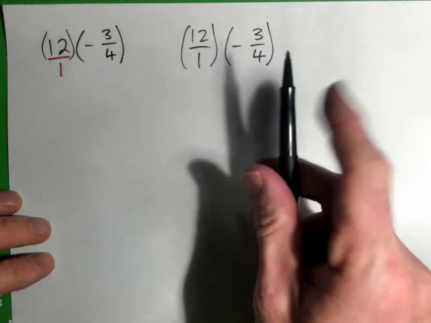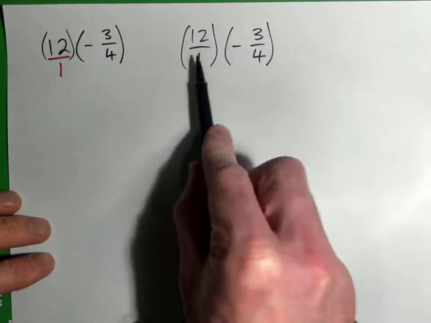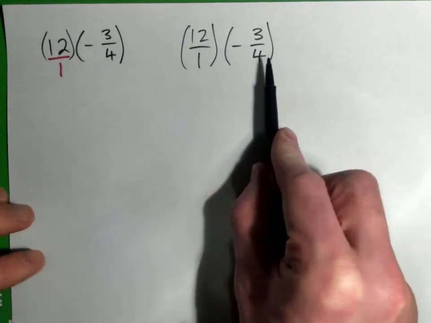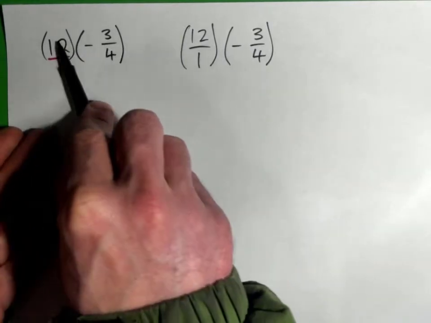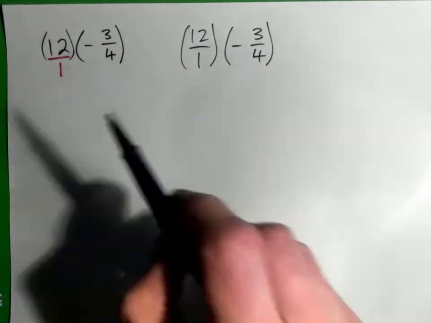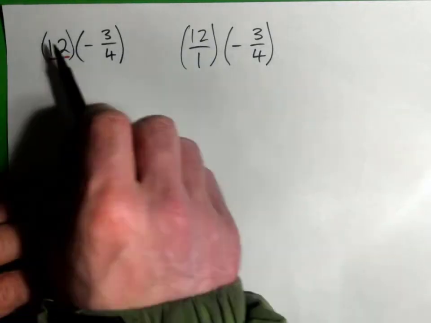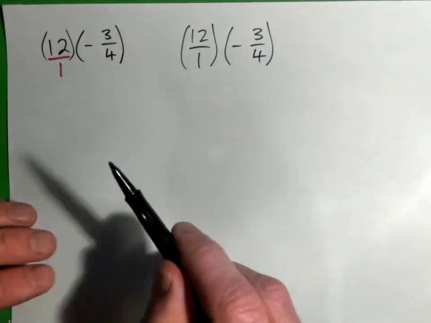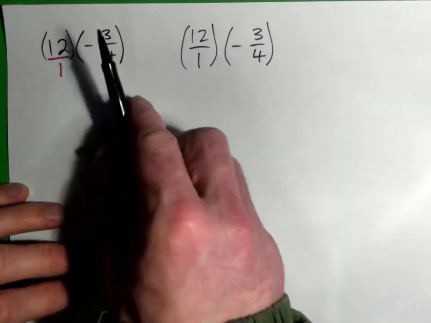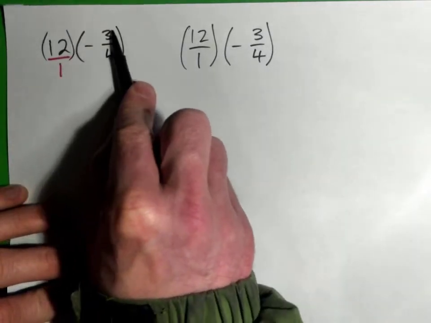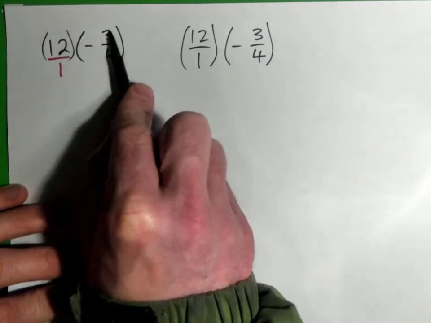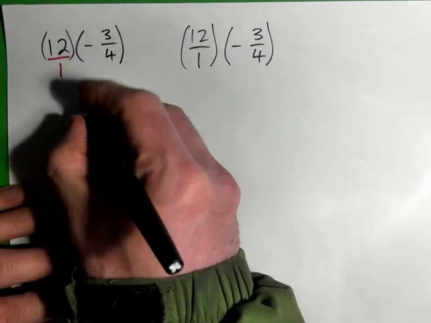But the point is you multiply the tops and then you multiply the bottoms, right? So we can cross cancel with the 12 and the 4. I'll come back and do that afterwards. But for now, a lot of students just like to multiply it because they're like, oh, that makes more sense. So we can just multiply it for fun. 12 times 3 are on the tops. So 12 times 3 is